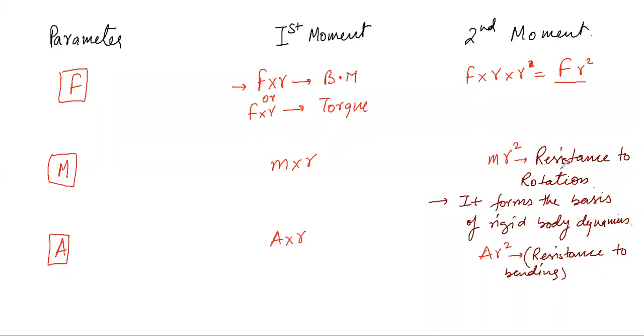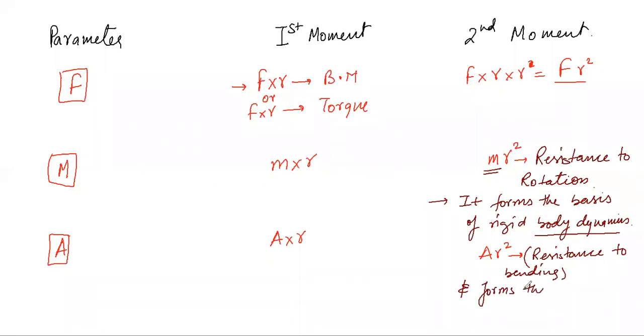If we look here, if we analyze M R square, it is defined as a resistance to rotation. Okay? When we define the second moment of mass moment of inertia, it means it always resists rotation of any body. When things are in rotation, it comes under dynamic conditions, right? Similarly, it is defined as a resistance to bending, and if it is defined as a resistance to bending, it means that we can say it forms